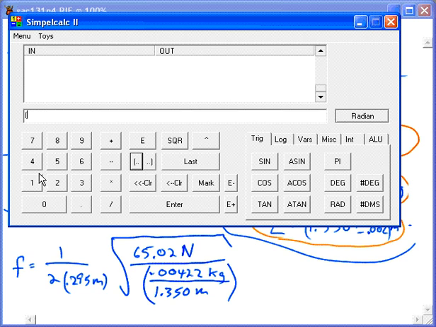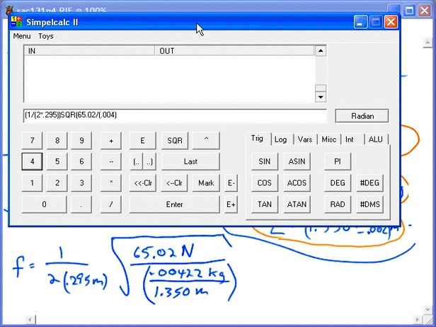I'll put it 1 divided by, again in parentheses, 2 times 0.295. Close the parentheses for the denominator, and then close for the whole expression. Then times the square root of 65.02, all divided by open parentheses,